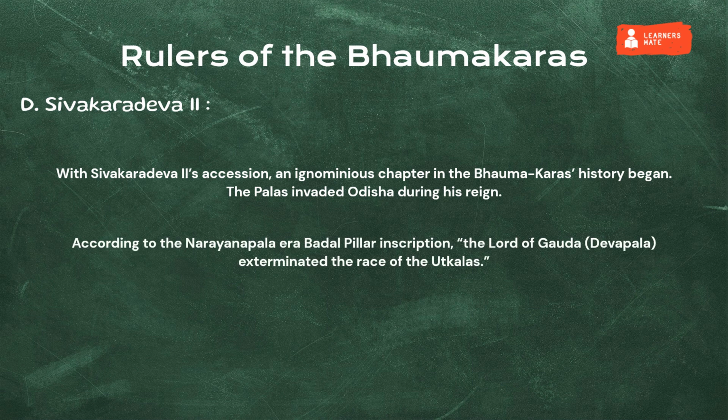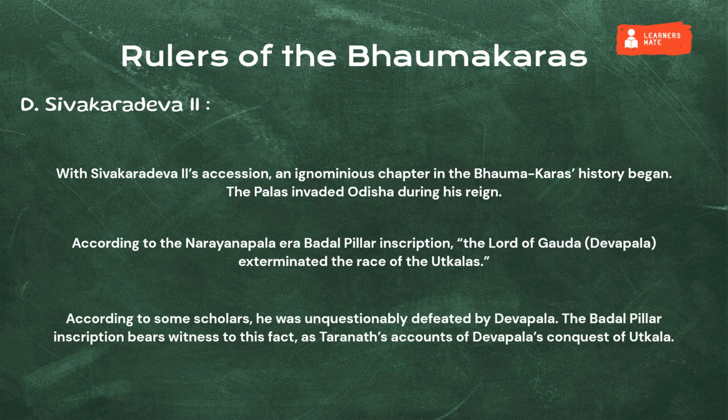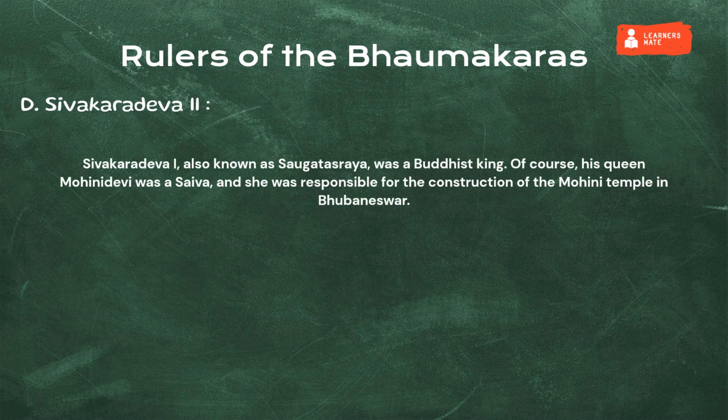According to the Narayanapala era Badal pillar inscription, the lord of Gauda, Devapala, exterminated the race of the Utkalas. According to some scholars, he was unquestionably defeated by Devapala. The Badal pillar inscription bears witness to this fact, as do Taranatha's accounts of Devapala's conquest of Utkala. Shivkaradeva II, also known as Shaktasraya, was a Buddhist king. Of course, his queen Mohini Devi was a Shaiva, and she was responsible for the construction of the Mohini temple